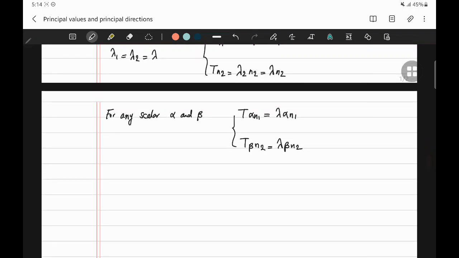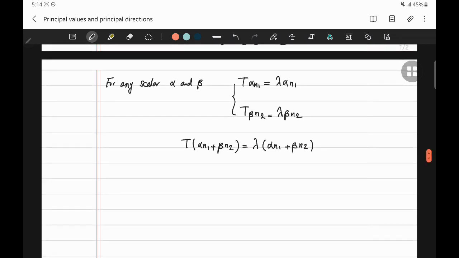If we sum these together, we have T of alpha n1 plus beta n2 is equal to lambda times alpha n1 plus beta n2. And this is the eigenvector here. So we can say that there is an infinite number of principal directions, because alpha and beta can be any kind of scalars that we want. For example, it could be plus minus 1 or minus plus 1, or other kinds of values